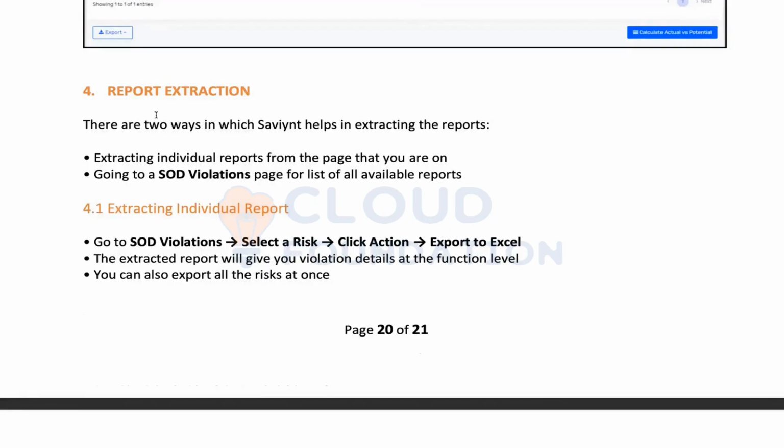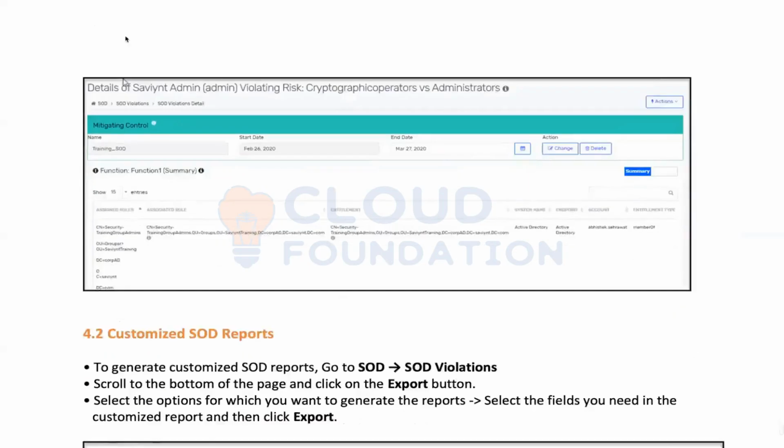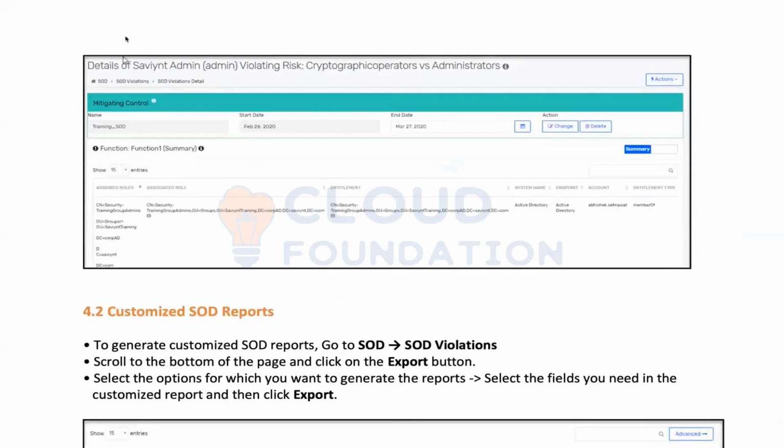After this, if you want to extract reports, the way I told you, you can click on export and then choose what type of report you want to generate, and you can get all those details to your manager or senior manager.